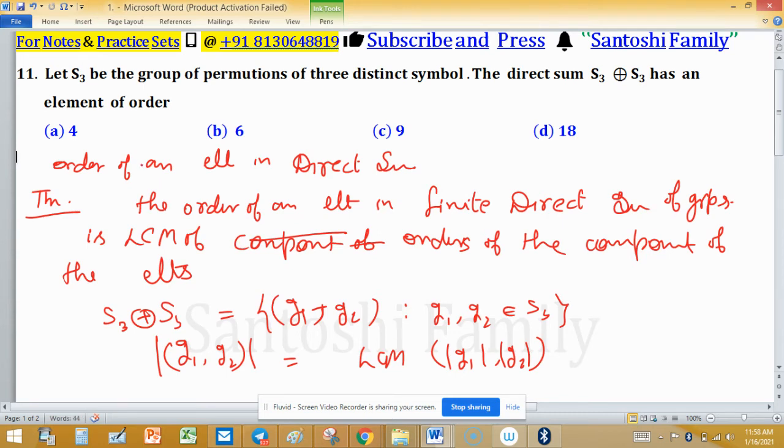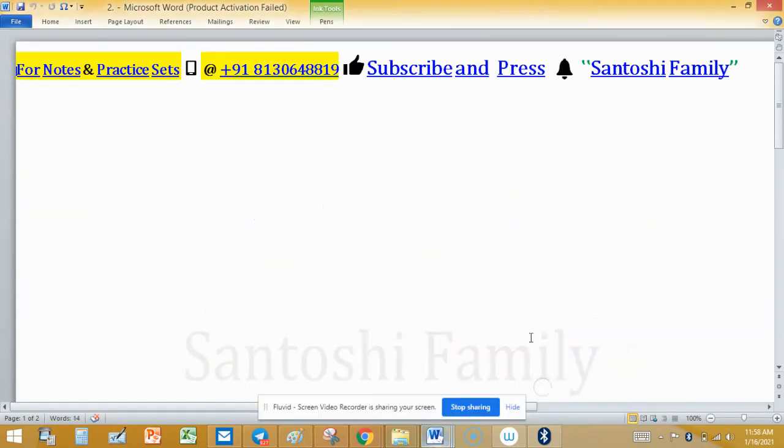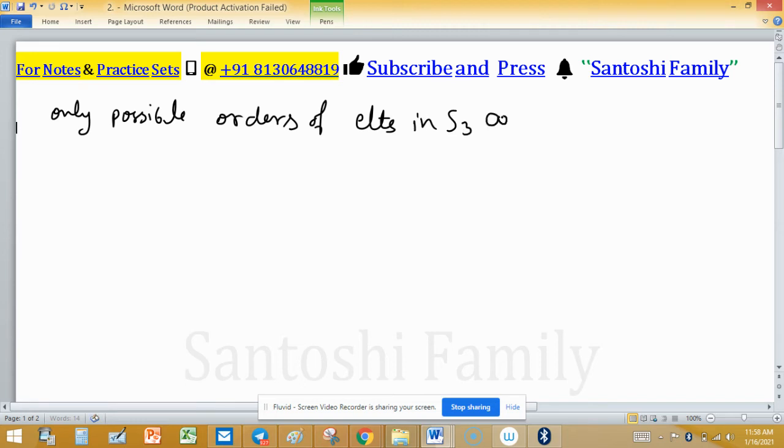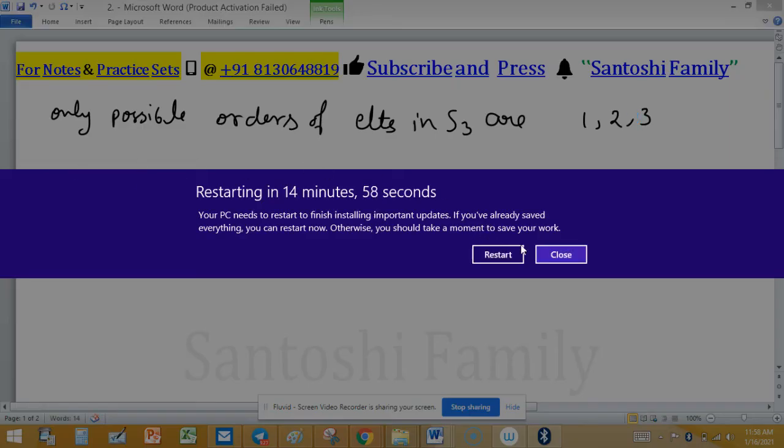So we need to find the possible orders in S3 direct sum with S3. We know the only possible orders of elements in S3 are 1, 2, 3.